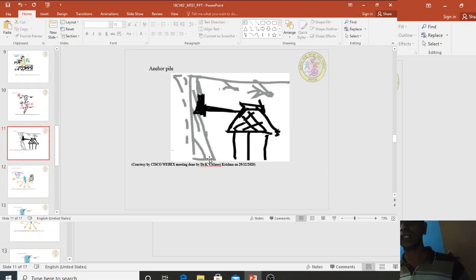Whenever there is a retaining wall and that retaining wall starts yielding in active earth pressure condition, which we discussed in module 3, then a suitable anchoring arrangement will be used. This anchor arrangement will be taken back into the backfill. This is your backfill, this is your retaining wall, and a mass concreting will be done. That concreting will be fixed with the help of a pile. That pile is called an anchor pile, to anchor the movement of the retaining wall.